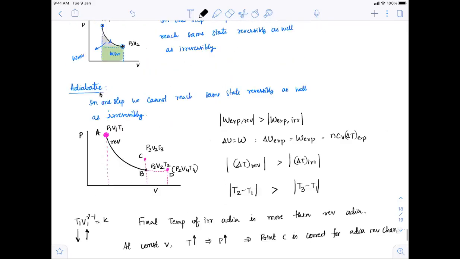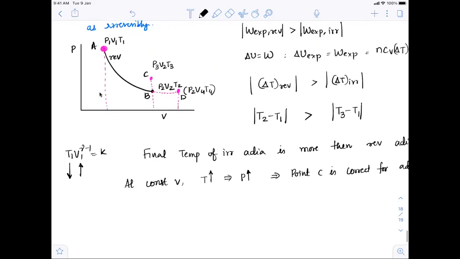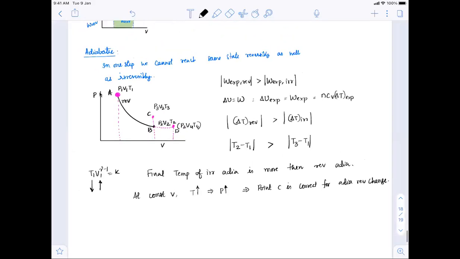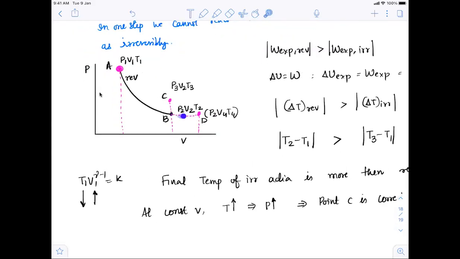See, so this is what we have got in the case of adiabatic. Now, another point which I wanted to prove is that what if the pressure is same, right? Final pressure same hai, then volume is increasing or decreasing. ये हमको prove करना है. That point D, why didn't I take the point D here only? Why did I have to take point D here? Correct. That is what something we'll try to prove now.